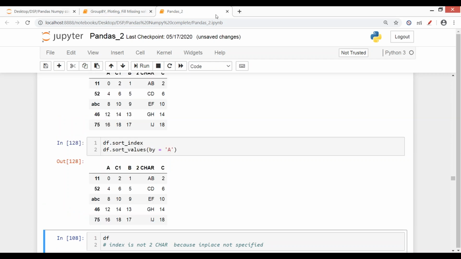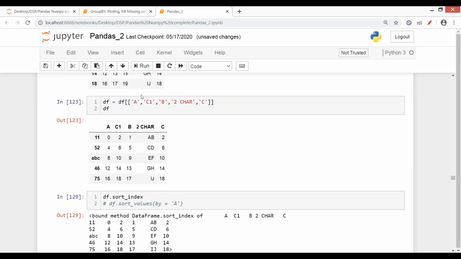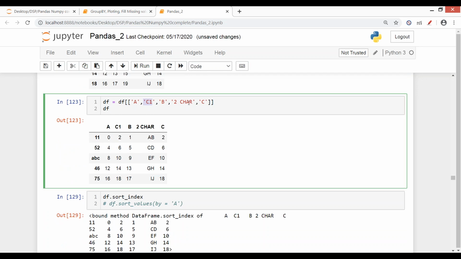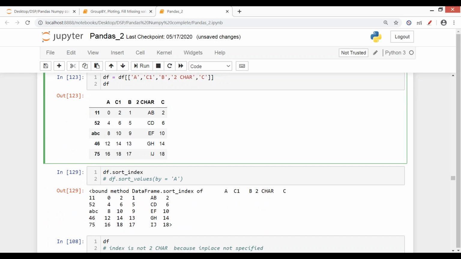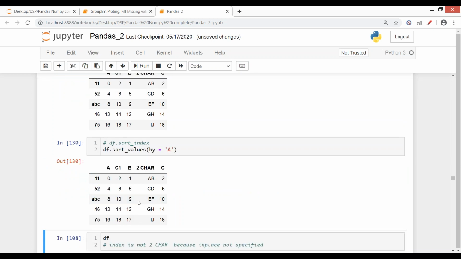Both sort index and sort values for a column will work, but that custom thing, like we did here, that I want first C1 and in the end I want C2, cannot be done. Sorting will apply, but the customary order is not possible. Or you can sort by this column name, and ideally our data frame is already sorted, then you can get the values.